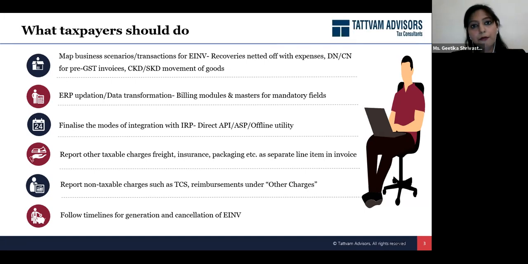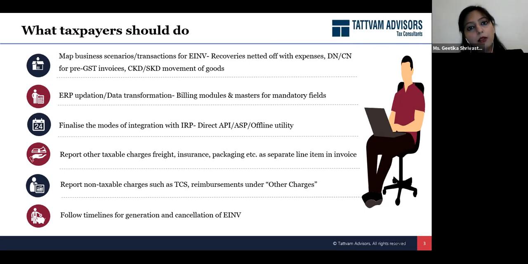In your invoices, you normally give the details of the supplies, and sometimes there are separate line items of freight, insurance, other handling charges and all. So there is always a query which keeps on coming, that how should we report these invoices? This is not the supply of goods that we are doing. So as per the law, all these charges, let's say if it is going with the supply of goods, are considered to be incidental to the main supply. And therefore, they have to form part of your e-invoice, the data which is going for the generation of IRN.